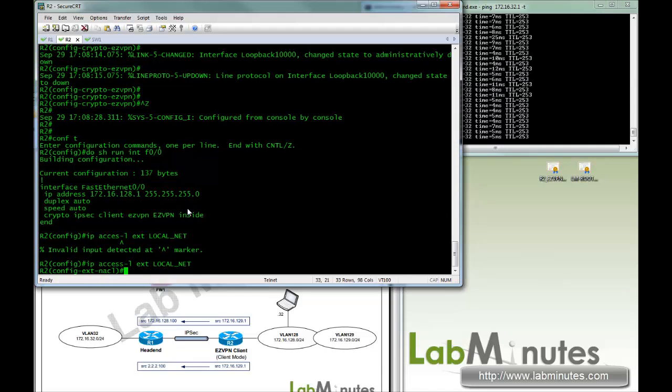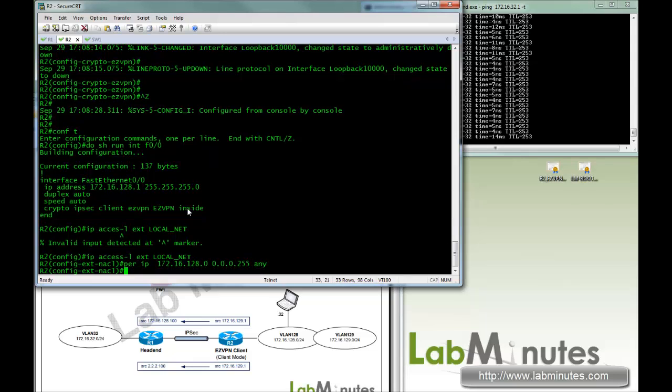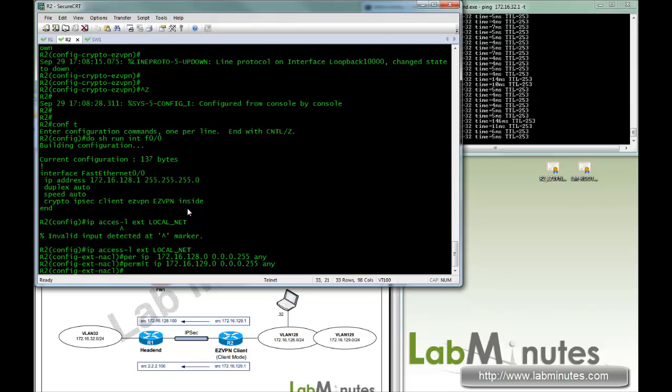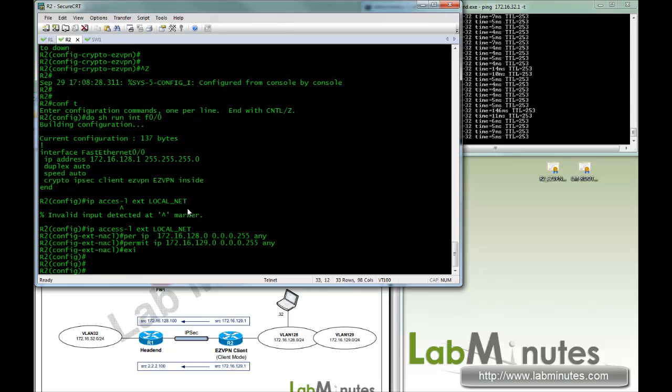So I misspelled access, there we go. And then you go permit IP 172.16.128.0 any. And in addition to that, 129.0 any. Okay, and then you define that under crypto IPsec client EZVPN